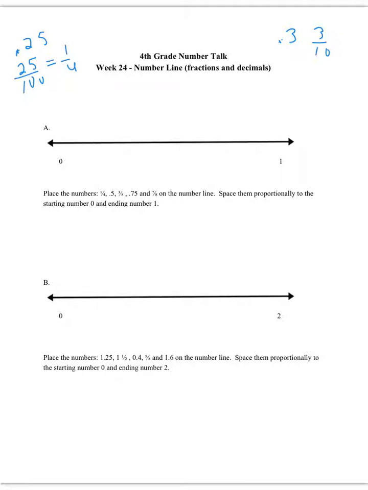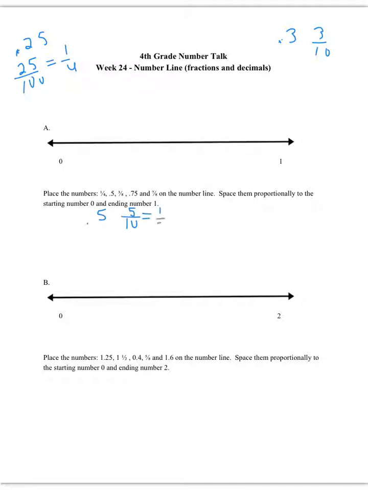We can convert a fraction into a decimal. We're actually going to talk about that at a later time. Right now let's just focus on converting the decimal into a fraction and then letting that lay out on our number line. So if we look at our first example, it says place the numbers 1/4, 5/10, 3/8, 75 hundredths, and 7/8 in the number line. Well, I'm going to first convert my 5/10,